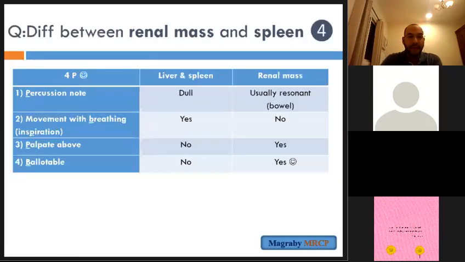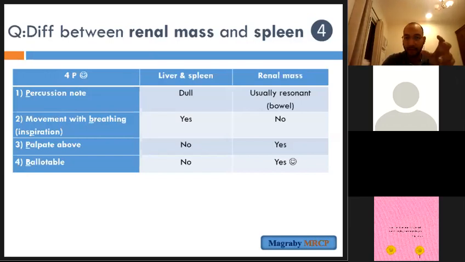To remind you, the 4 items to differentiate between renal and spleen: by percussion note, breathing effect, palpate above, and ballottement. The 4 B's. Percussion note over the spleen is dull, over the kidney is resonant due to the intestinal gas around